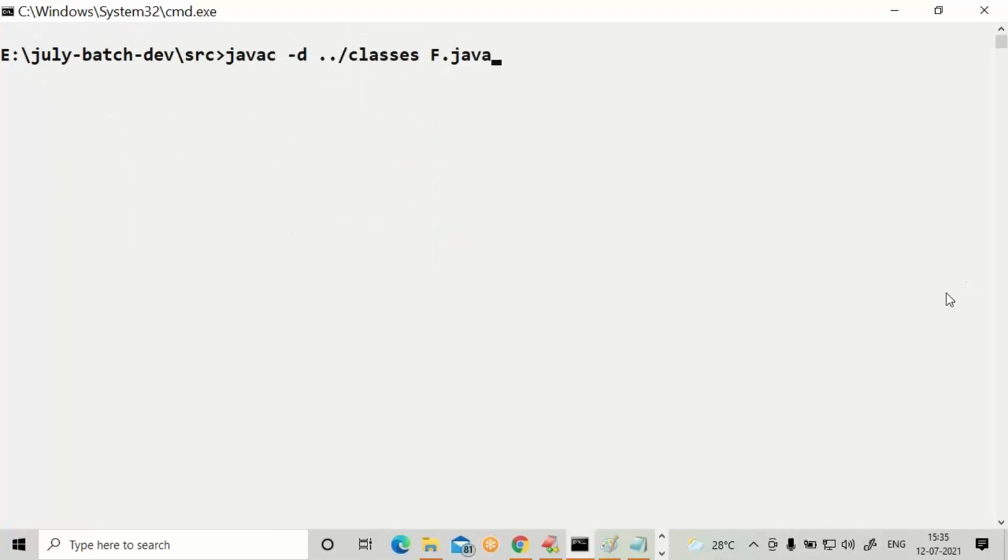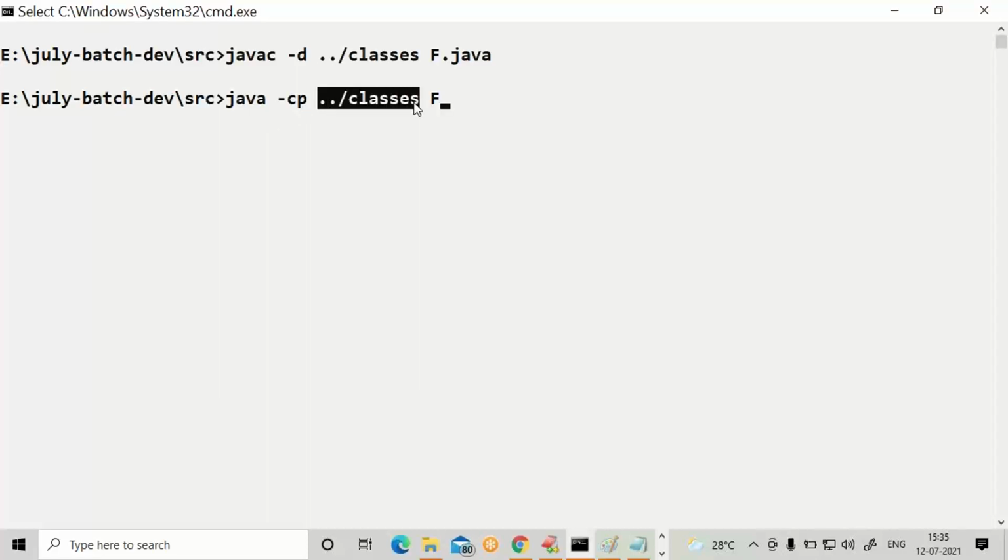Please observe, while triggering javac with -d, you are specifying where the class file should be generated. While triggering the Java command, again we are telling the same location where the F class is available.